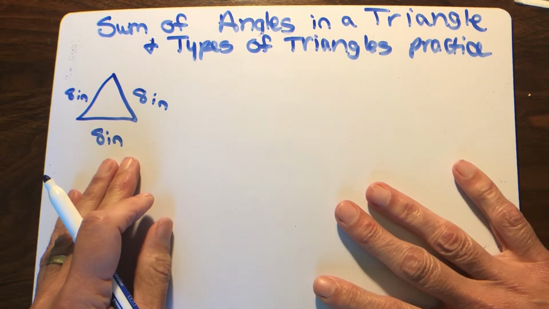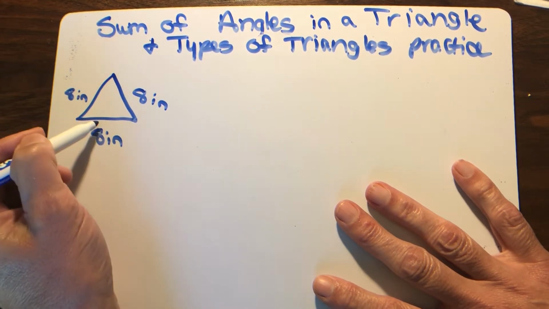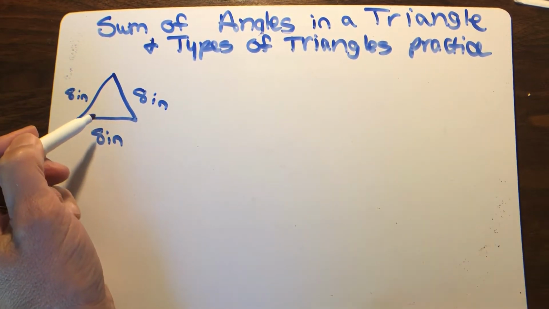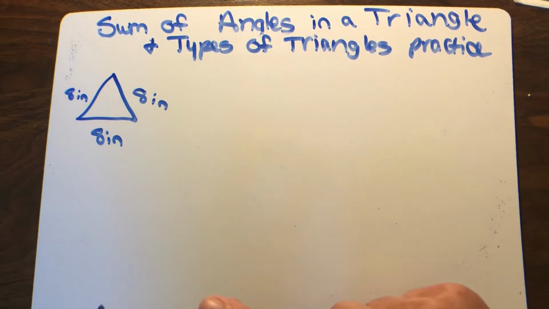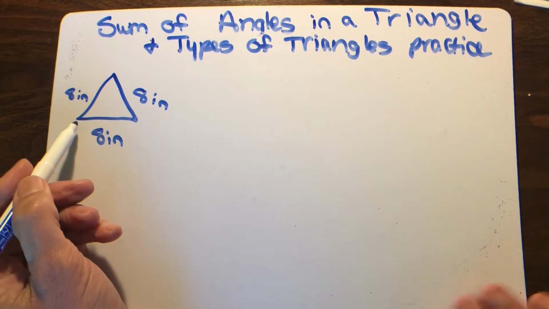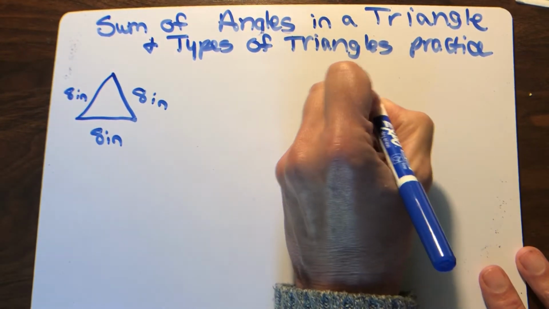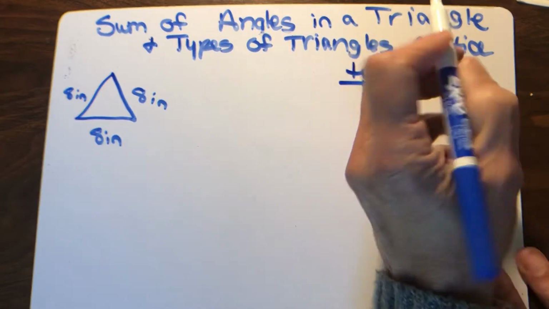Okay, so in this problem, I want to label all the interior angle measurements. I need to decide if it's an equilateral, isosceles, or scalene. And I also want to identify if it's a right triangle. So we've got several things to do. So the first thing I want us to do is to identify the type of triangle. So I'm just going to write type kind of off to the side. So your choices are